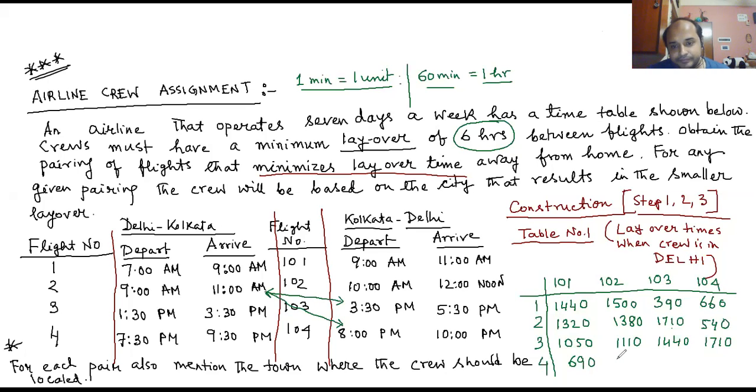Then this is called group work. 930 to 10. 750. Then